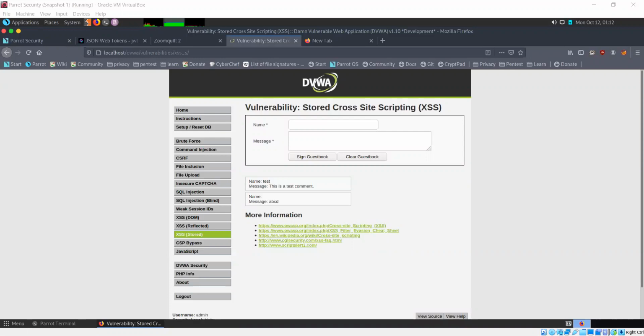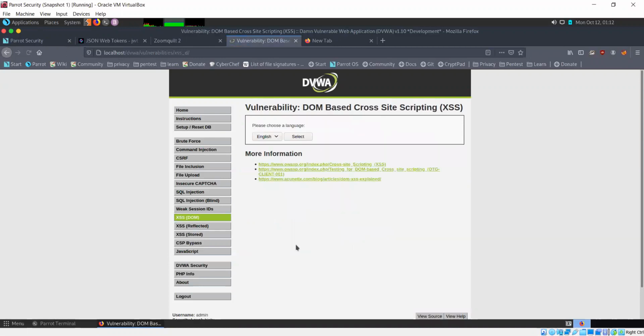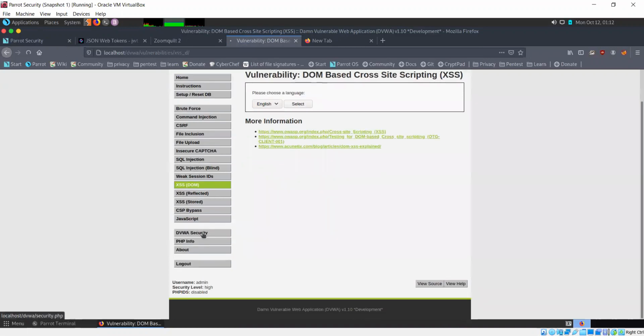So the next vulnerability that I'm going to talk about is this. How do you call it? Cross-site scripting, but DOM based. Now, of course, let's change the security level here.